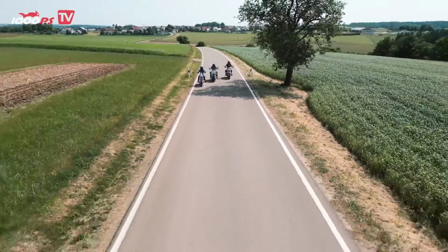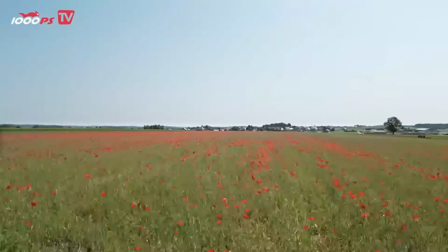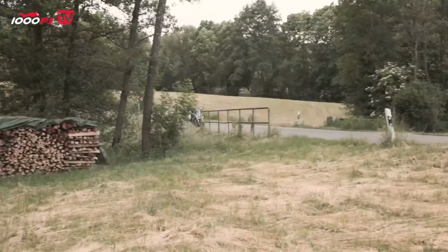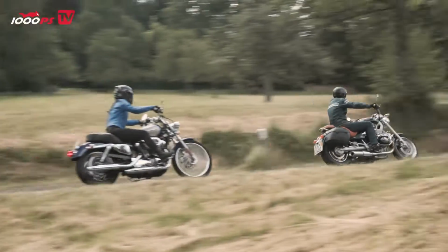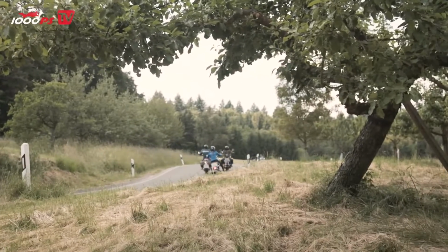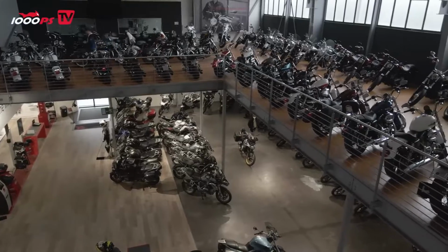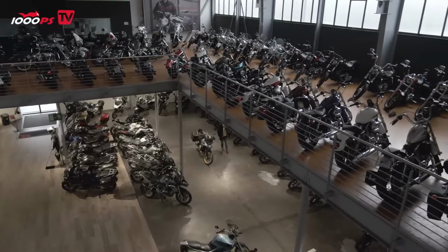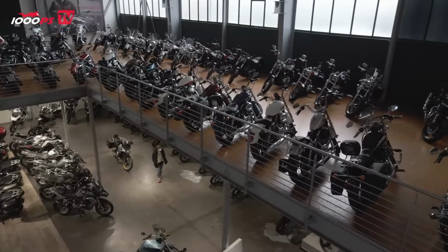used cruisers. Choppers and cruisers reached their peak in the 90s when they were the market-defining motorcycle segment. Nowadays, they are more of a fringe group and are immensely expensive, especially as new machines. But is it possible to buy powerful V2 engines and sparkling chrome for affordable sums? If you are interested in used choppers and cruisers, you should see them in the flesh, inspect them, or perhaps